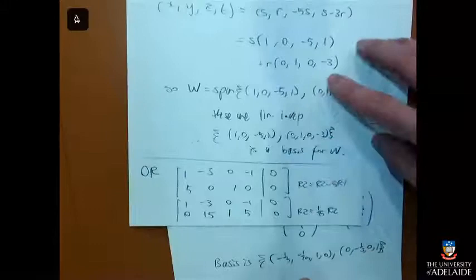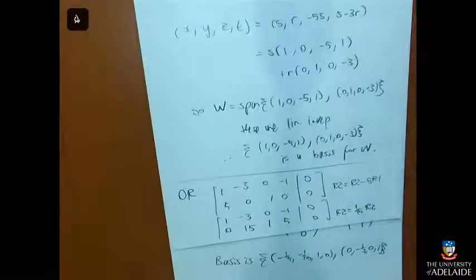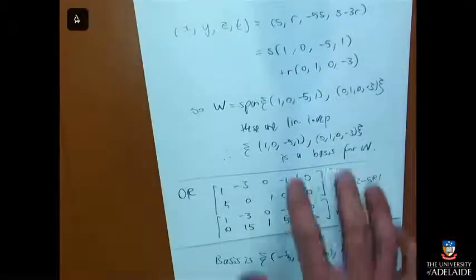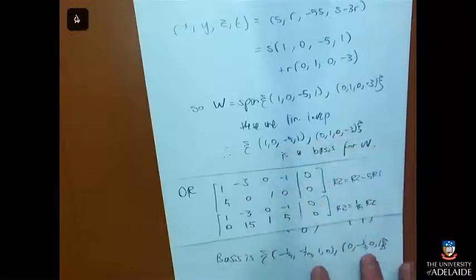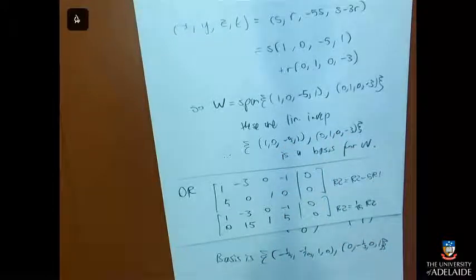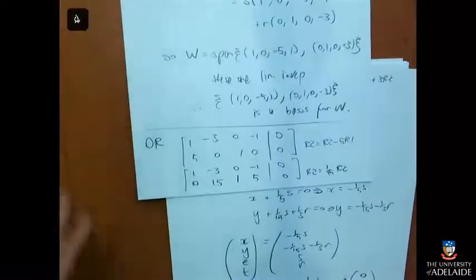And this one, well, that's much harder, but essentially I should be able to make these two out of those two, and I should be able to make these two out of those two, because that's how bases work. Any one basis can be constructed from any other basis for the same subspace. So whichever of these you did in your exam would be accepted as correct, because they're both correct.